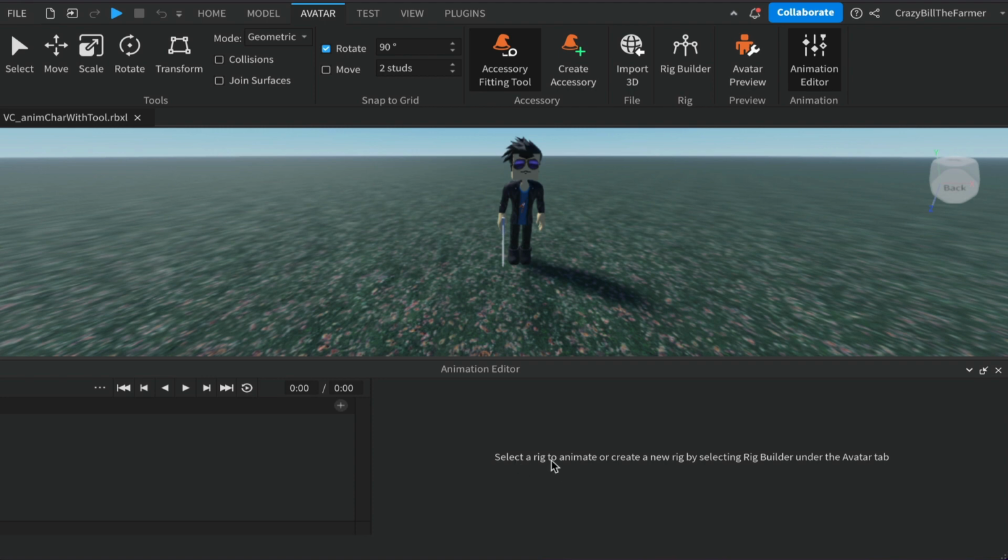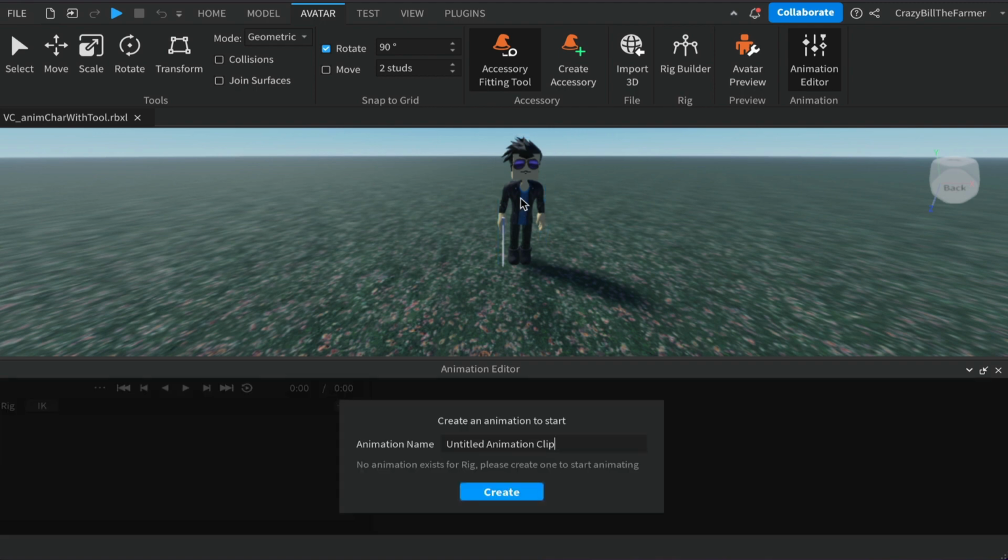The first thing you'll see is select a rig to animate or create a new animation. So obviously we're going to select this one here, and a blue box will come up around our rig. So left click on that and you should have this box come up here. Give your animation a name. So I'm going to call this my sword idle animation, and I'm going to put at the end here video, because I'm making it for the video. And then go ahead and left click on create,